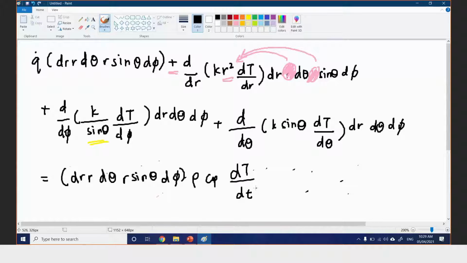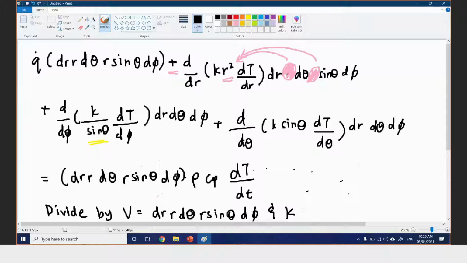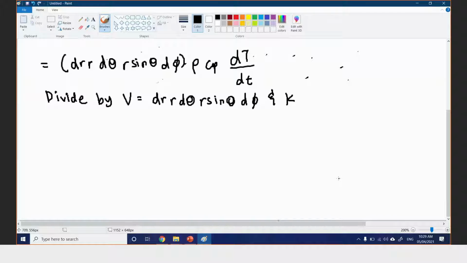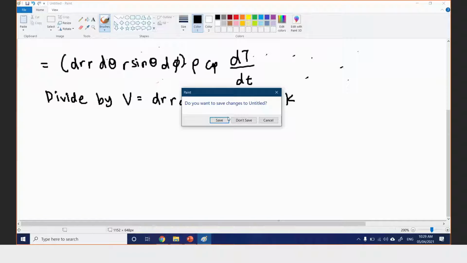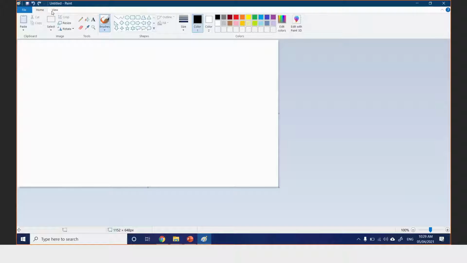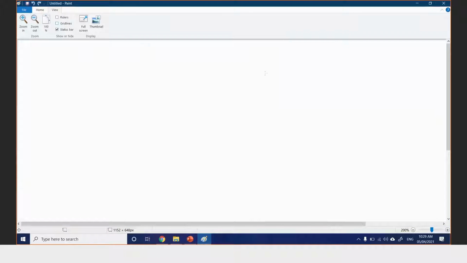Okay, so this is the energy balance equation. But to simplify it some more, so we can get the final equation that was in the slides, we can divide everything by the volume, which is dr r d theta r sine theta d phi, and we also divide by the term k. So what we can get is, no, I don't think there will be enough space for this. Okay, so if you divide everything by the volume and k, you will get,